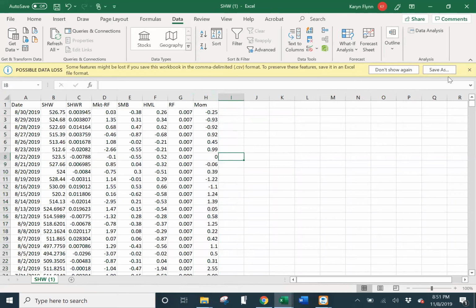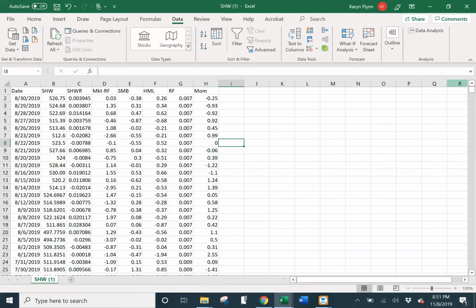Okay, so the next thing that you need to do is make sure that you have this data analysis in the data tab. If you don't, I can show you how to do it on Microsoft 360 or 365. If you have an older version or newer version, you might want to look that up because I'm not 100% sure it's the same. So to do this, you're going to go over to File, go down to Options,